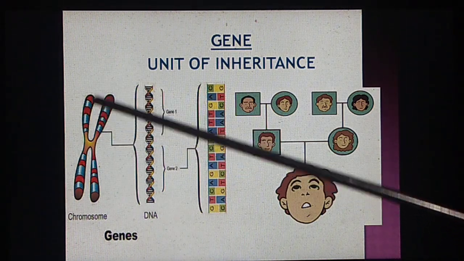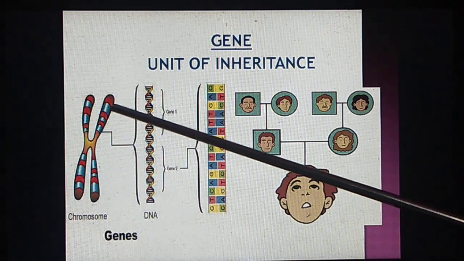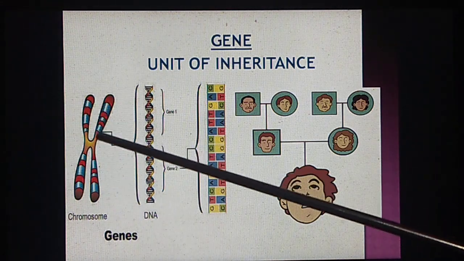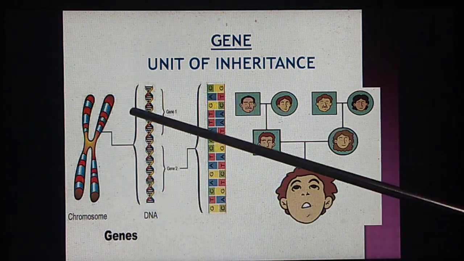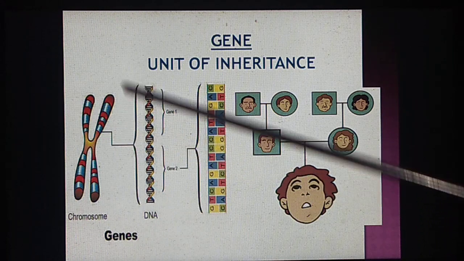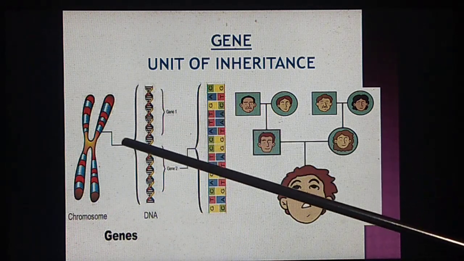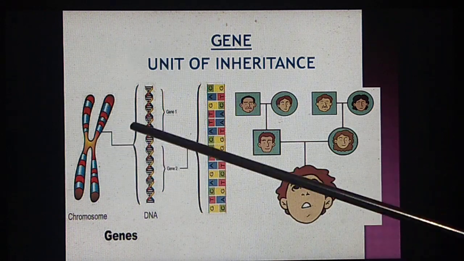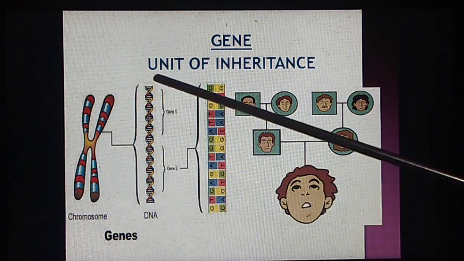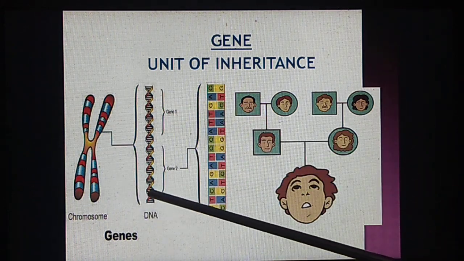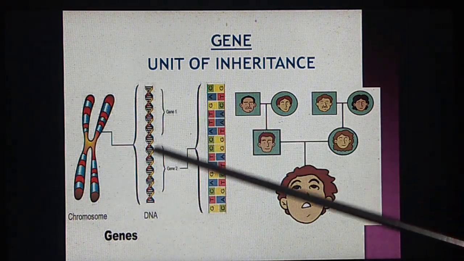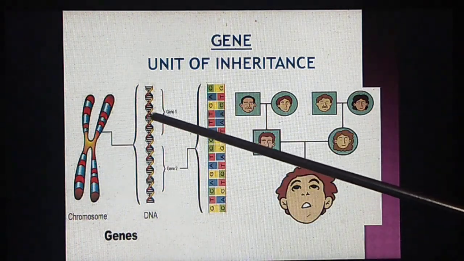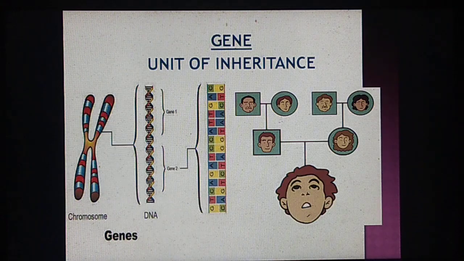So what do we say? It is the unit of inheritance which consists of a segment of chromosome. You can see here the segments of chromosomes which are responsible to show a particular characteristic or trait which has been expressed in the offspring, and some characteristics that are hidden, and these are present in the DNA. In the DNA, chemically, that is the nucleic acid, which has the genetic information which is being transferred from one generation to the other.